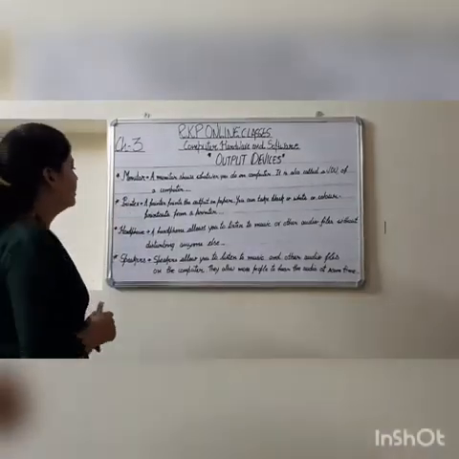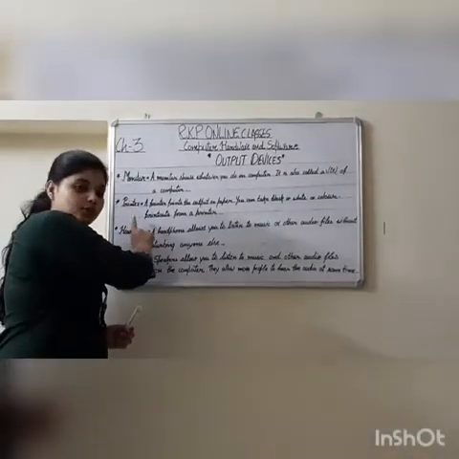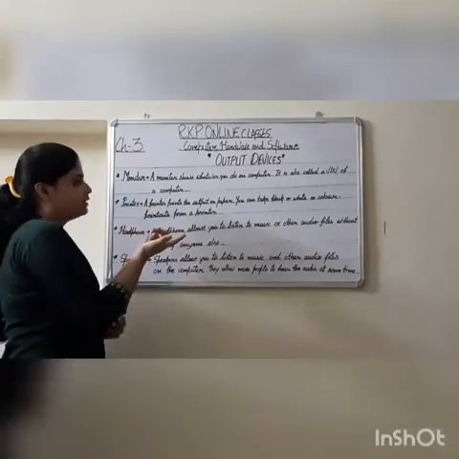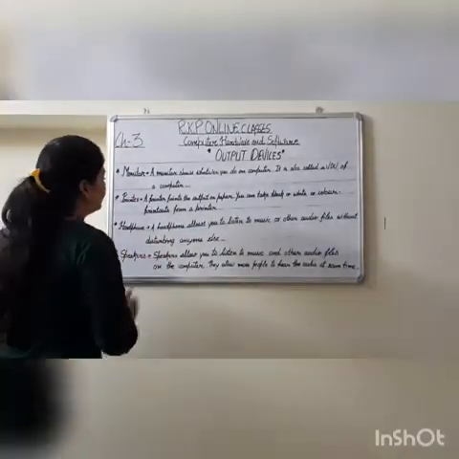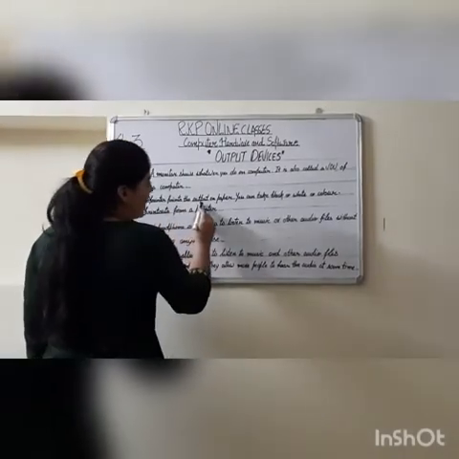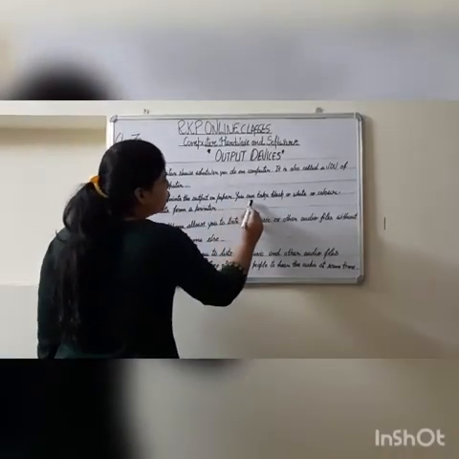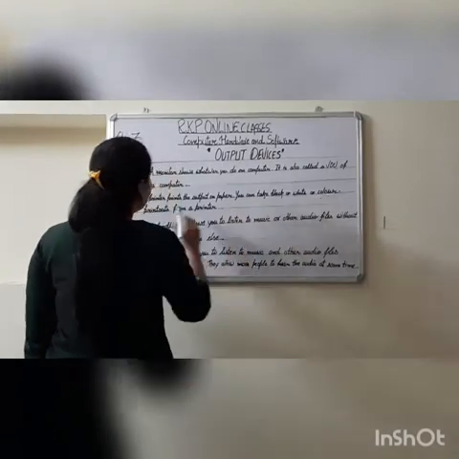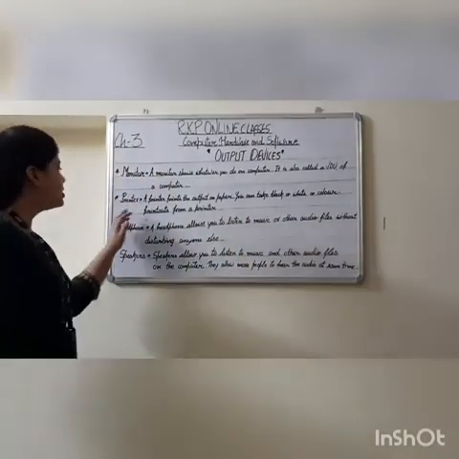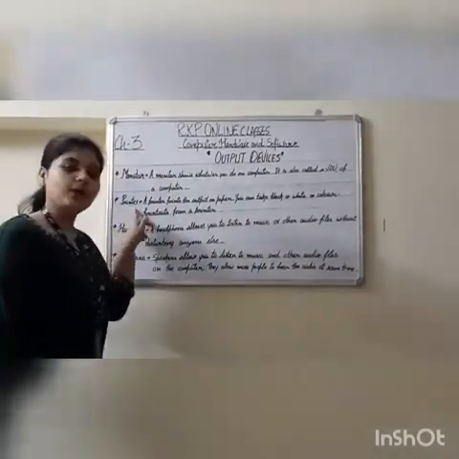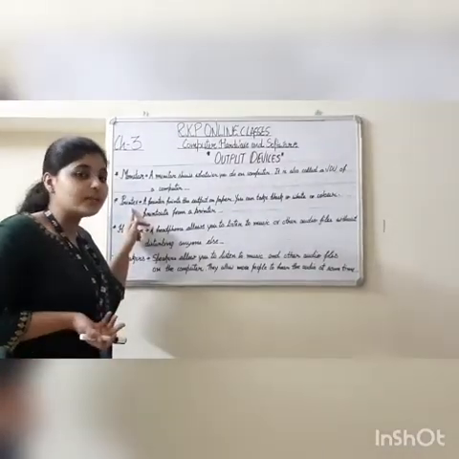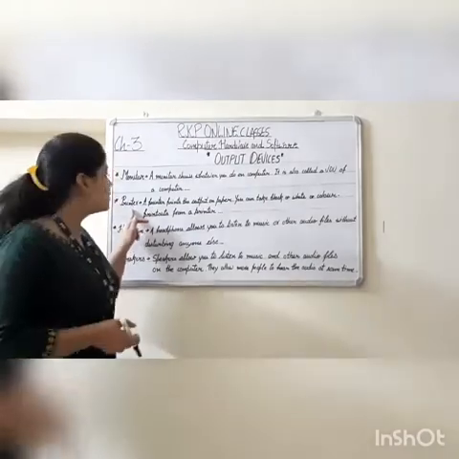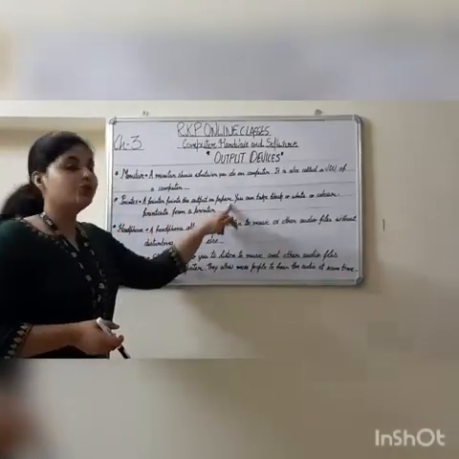Next is the printer. It is also an output device. I will tell you the difference between monitor and printer after explaining the definition of a printer. A printer prints the output on paper. You can take a black and white or color printout from a printer. But this printer is also an output device, and what output devices do is provide the result to us. So a printer prints the output on paper.